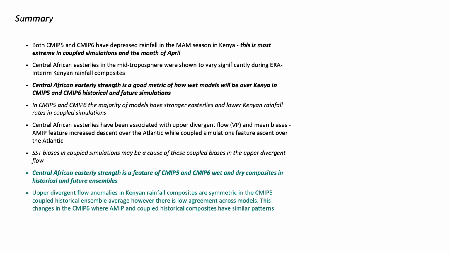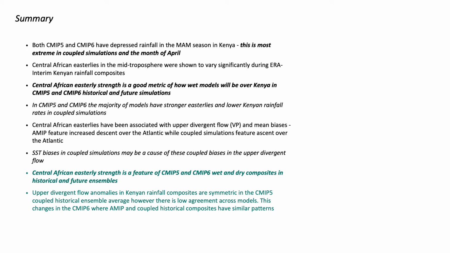So both CMIP5 and CMIP6 have depressed rainfall in the long rain season in Kenya, and this is more extreme in coupled simulations and in April. Central African easterlies in the mid-troposphere are shown to vary significantly in the rainfall composites that we looked at with ERA-Interim, and the strength of these easterlies is a good metric of how wet models will be over Kenya in CMIP5 and 6 in the past and also in future simulations. In CMIP5 and 6, the majority of models have stronger easterlies and lower Kenyan rainfall rates in coupled simulations,